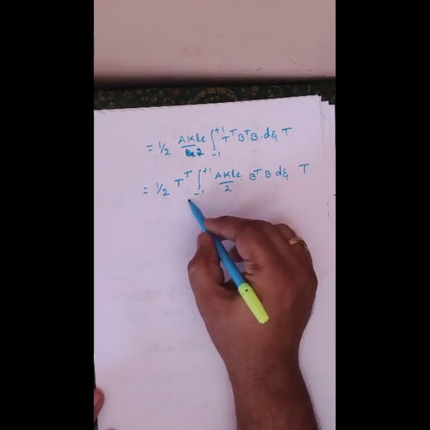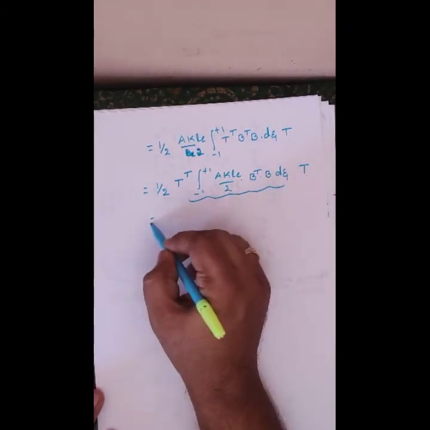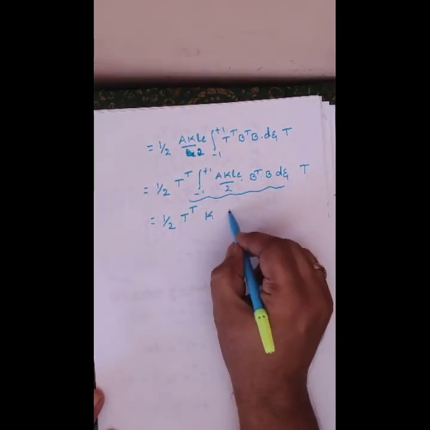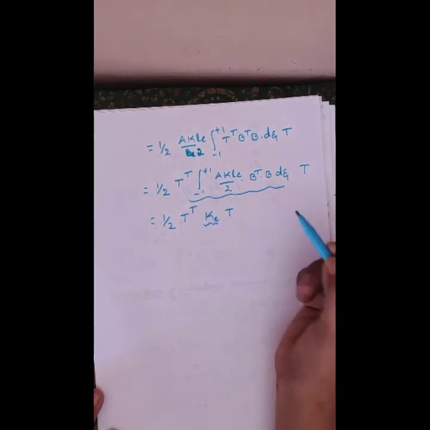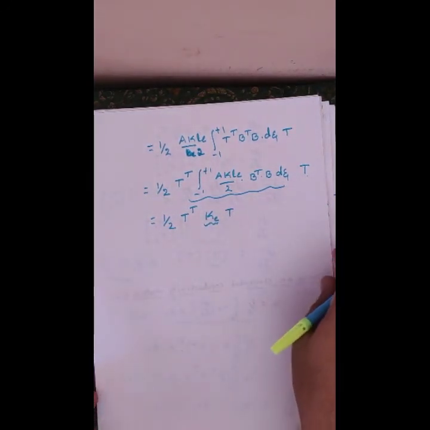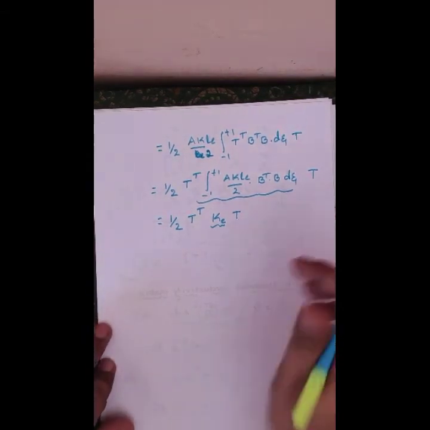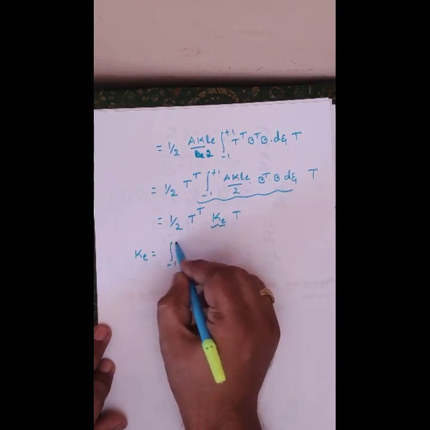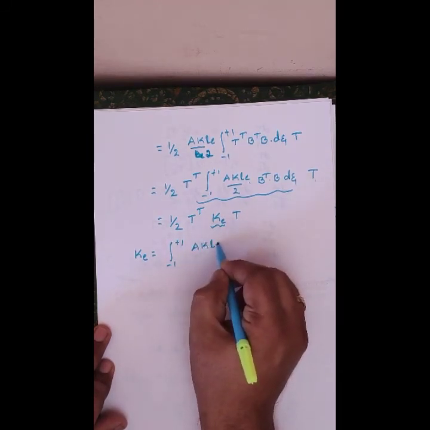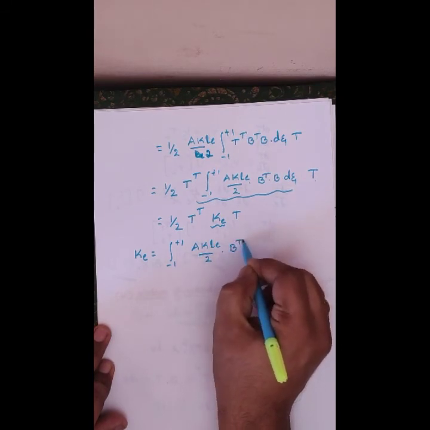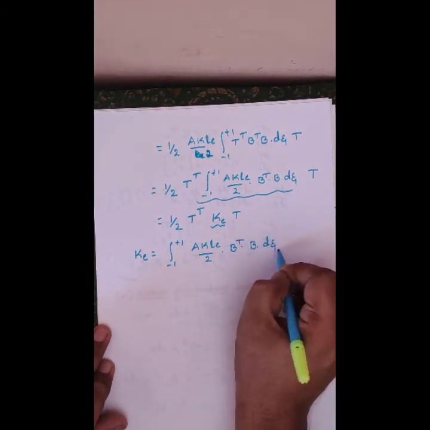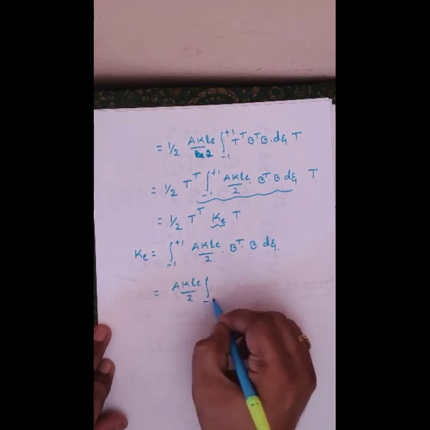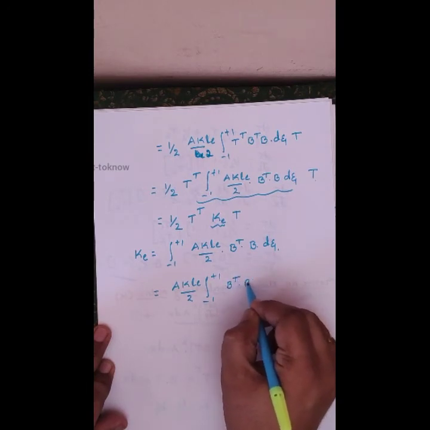Now the temperature depends upon how much temperature you apply. So this can be written as T transpose, K matrix, T. What is this K called? KE, I'll write. Thermal conductive matrix for heat conduction, because we are doing conduction, correct? What is KE? KE is equal to the integral from minus 1 to plus 1 of A K LE by 2, B transpose B d zeta. What is common, you can keep outside: A K LE by 2, integral minus 1 to plus 1, B transpose B d zeta.